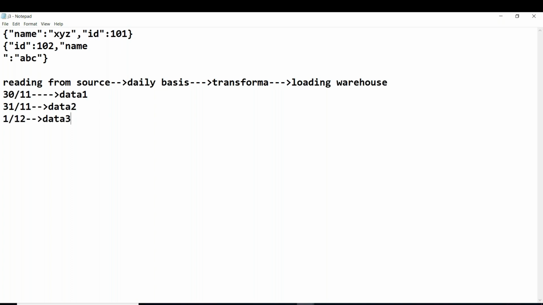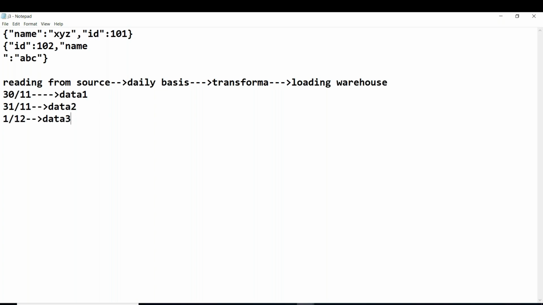So the data that we are reading from the source doesn't have a timestamp. Is it possible for us to add a timestamp directly for that particular day, for that particular time period? Whatever data I got now, there is no timestamp or time given in the data. So we need to add some time, and we need to export the data to the warehouse after it gets processed. So this should be done on a regular basis.